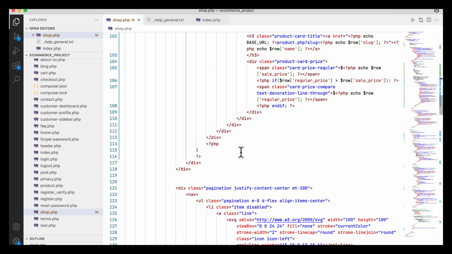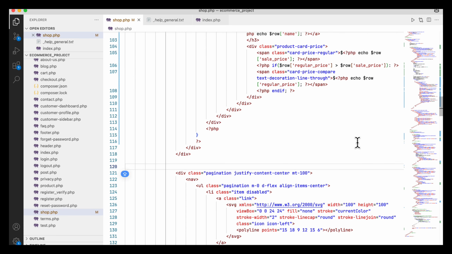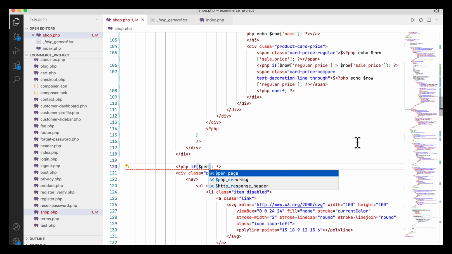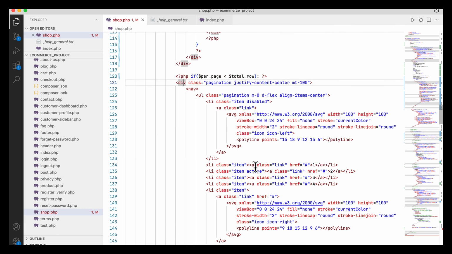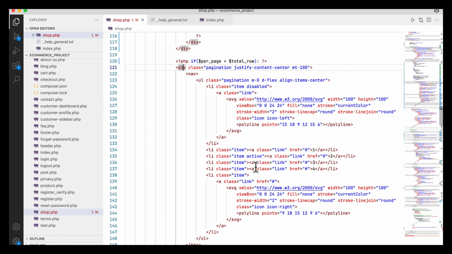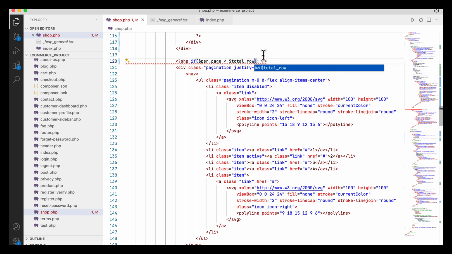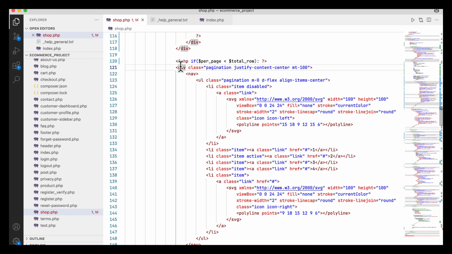That means the pagination that starts from here, for example, so here I am going to apply something. So what I will write, if per page less than total row, so total row, if this happens, then only it will work. For example, here is total row. If this one comes, then you see the pagination codes, the pagination code starts here, and where the pagination ends,